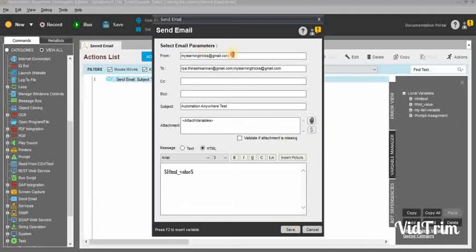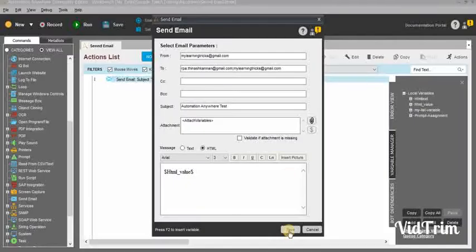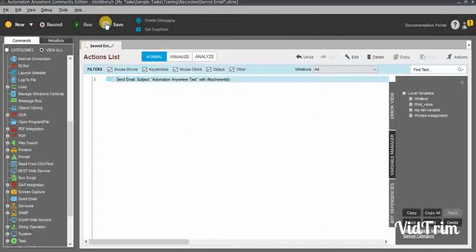Apart from that, all the options are the same, like from address, to address, subject. In the attachment variable, we are adding the HTML value. This web page we need to add in our mailbox, and it will display in the message box in the same format. So I will execute this task so you can see the results.